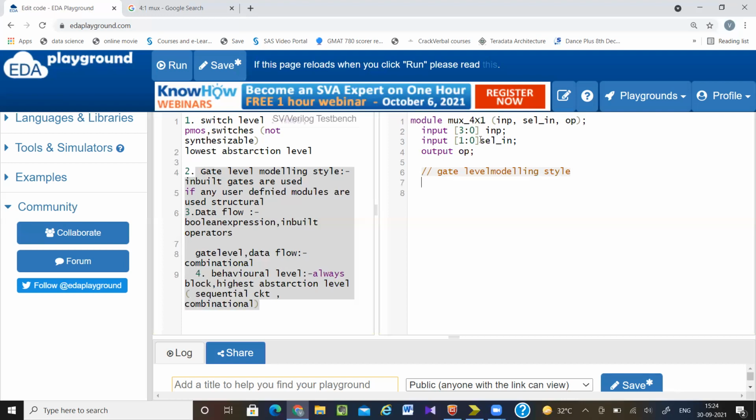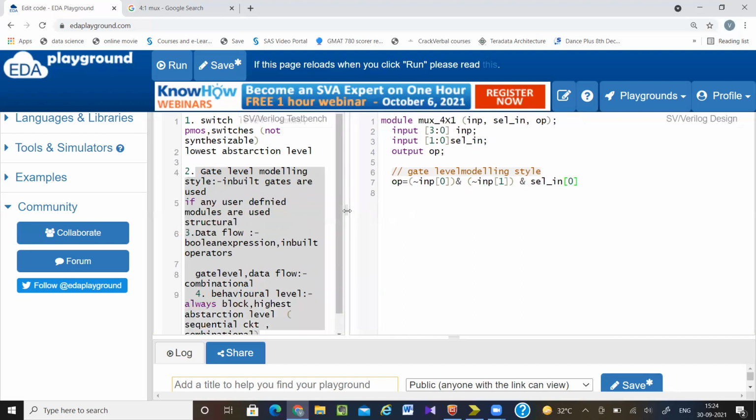So all of you know the expression of the output for a 4 cross 1 mux, that I can write: output equal to input of 0 and input of 1, input of 1, then and select in of 0. Okay.